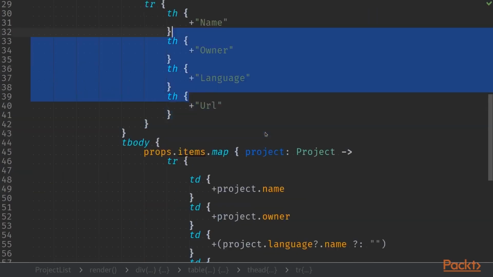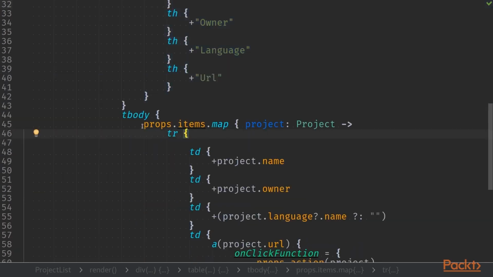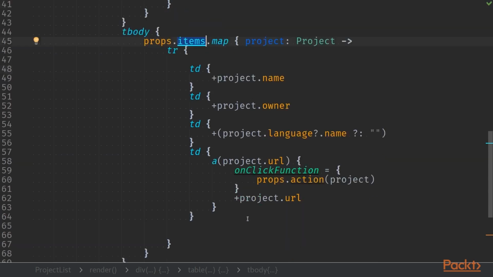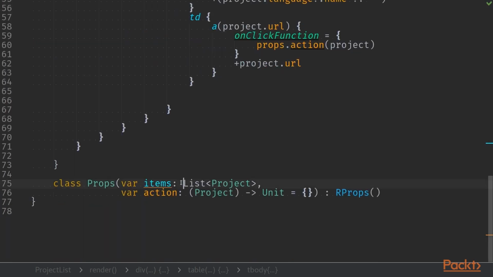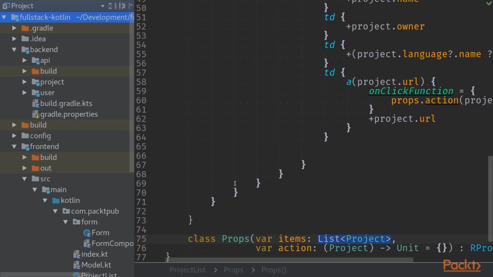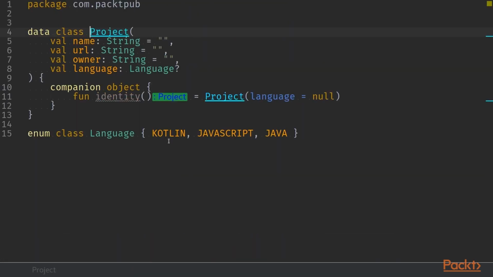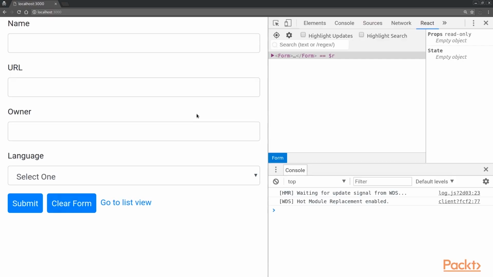We have table headers and then we are mapping through the items that are passed in as props and displaying those. Note that the items is a list of projects, and we have project entities within our model file. So we have a project entity in here that contains a static function identity that can be used to create an empty project. If we take a look at this on the front end, the form looks like this,